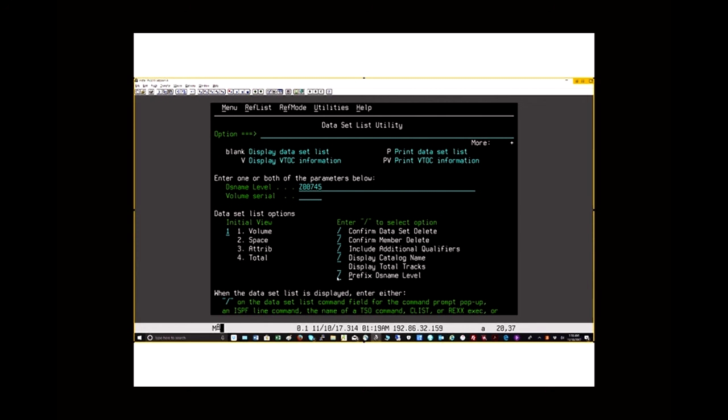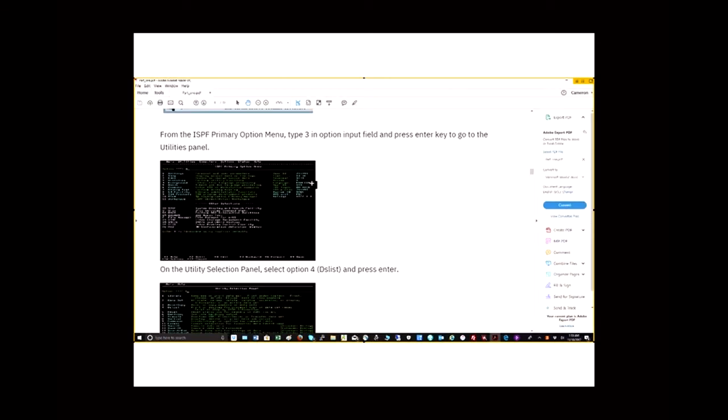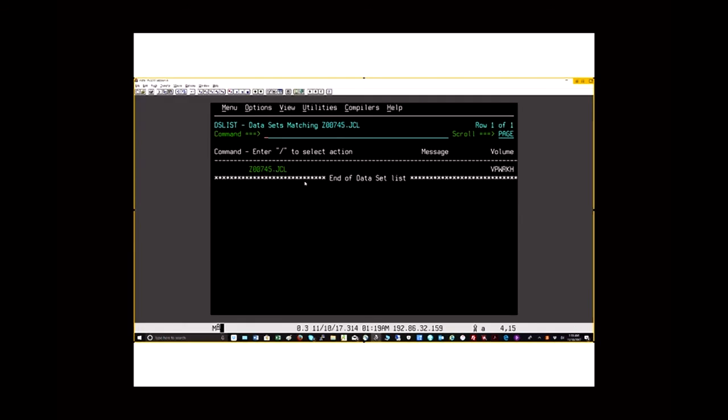Okay. When this prefix DS name level is set, that slash is there, it means that I don't have to put my user ID if I want a data set called JCL, for example. There's a data set called JCL. I don't have to put Z00745. All I have to do is put JCL, and it's going to be understood. Let me demonstrate that for you on the screen. So I'll put in what is set there, JCL, press enter. You see I have a data set named Z00745. Okay. Now, let's see if I